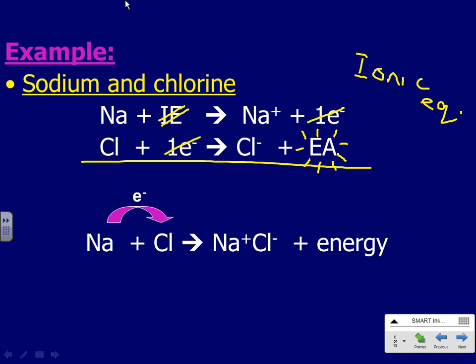So when you add the final reaction, a sodium atom plus a chlorine atom with an electron transfer turns into a sodium ion plus a chloride ion, and extra energy comes out. Okay? So if you wanted to make some sodium chloride, some table salt, from just its elements, you would actually,